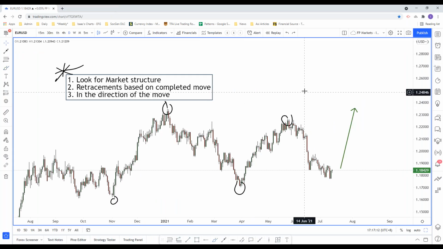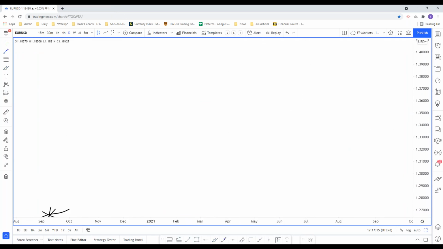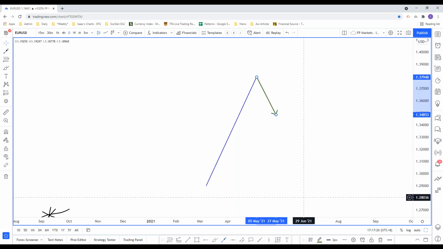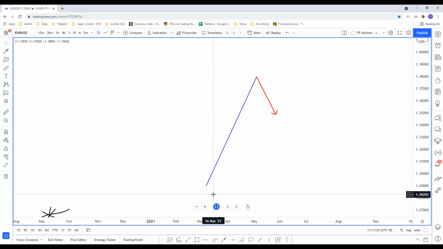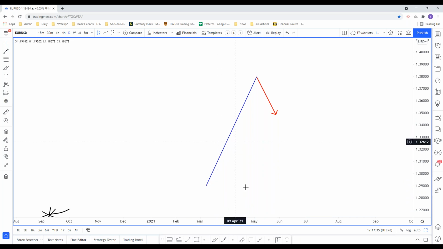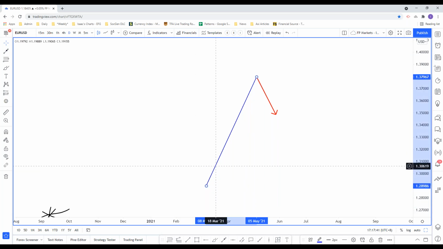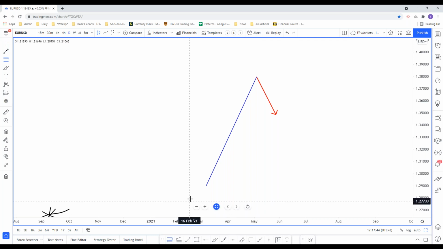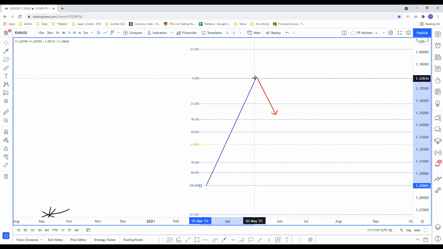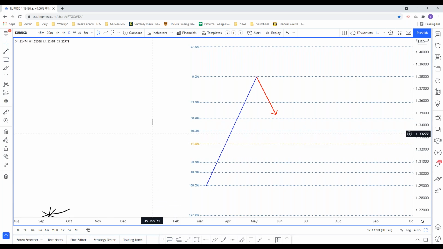So this is really what it means. Let's say price has moved up, and now price is coming back down. A normal Fibonacci retracement would essentially mean this: firstly, there's a swing low, swing high. This is a completed move. We draw in the direction of the move, low to high. What this really means is that when price is retracing, coming back down,